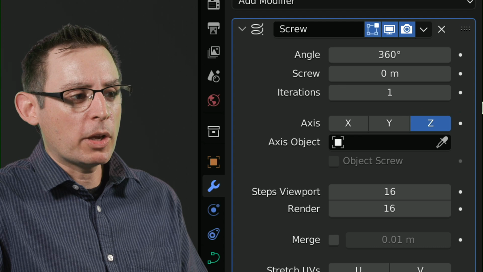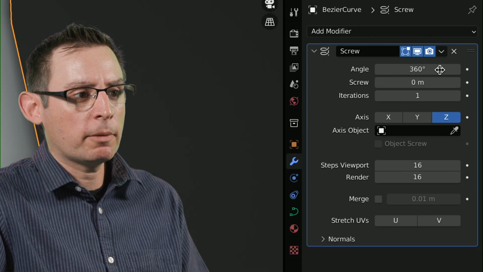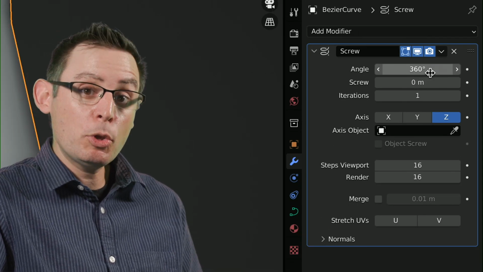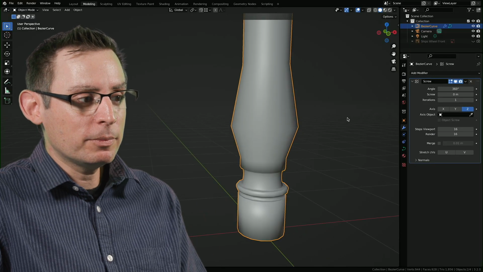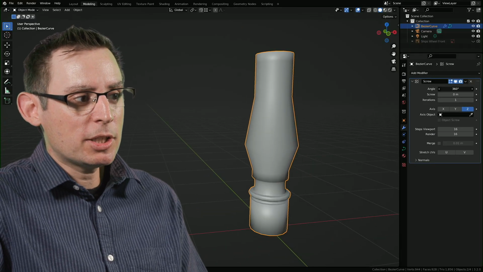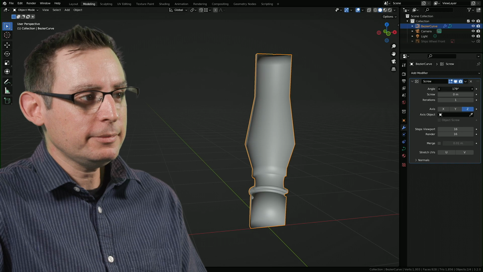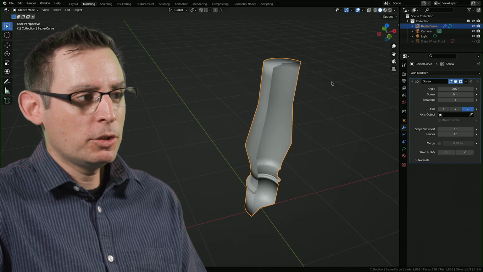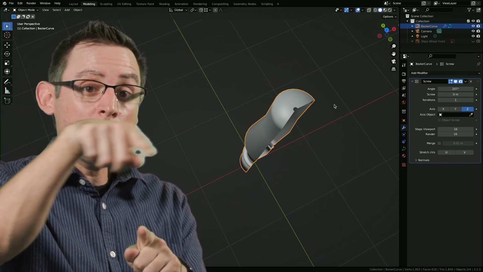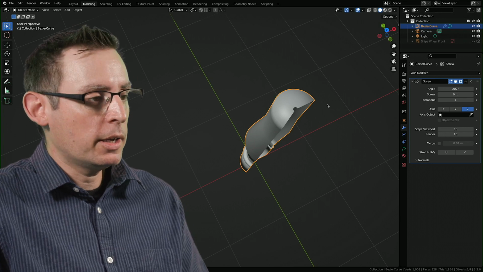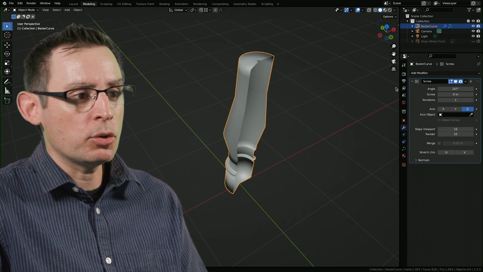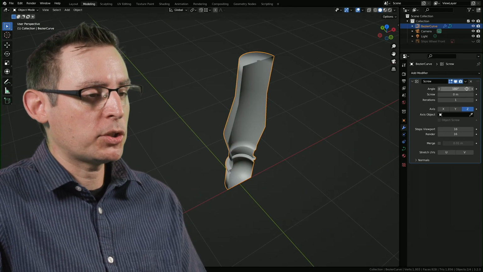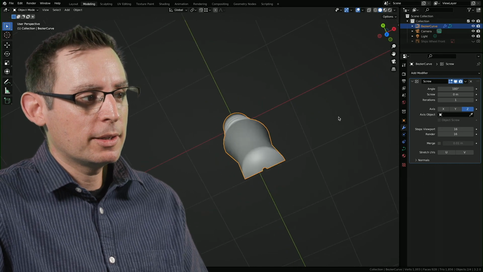If you look at the properties over here, there are a couple of things you may want to double check. First and foremost, the angle should be 360 degrees. However, if we change this to, say, 207, how cool is that? We don't have to sweep the path in an entire 360 degrees. We can do a fraction of it. Maybe we only want a half circle. It's 180 degrees, and we're going.